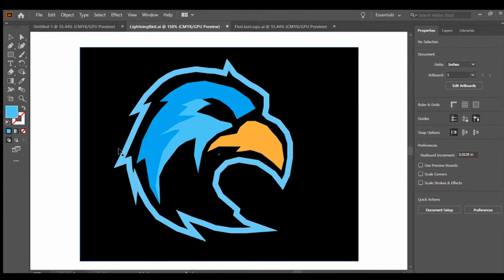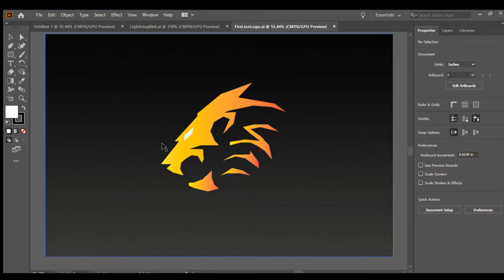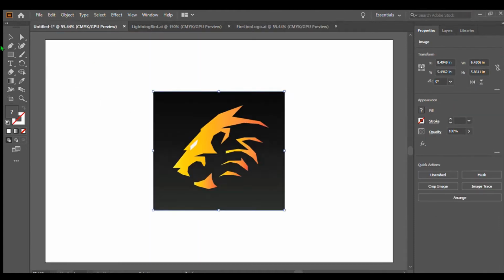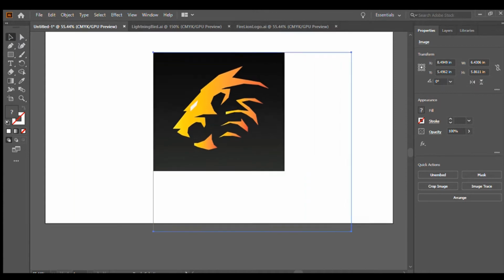So these are like one of these esports logos. I'm starting to learn esports logos, but the technique is actually using pen tools. That's what I found out. So what I'm gonna do right now is I just copied this just now, and I'm gonna do Control V. Then you can size it up